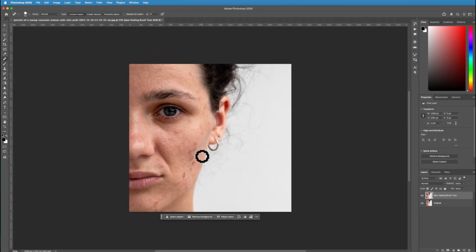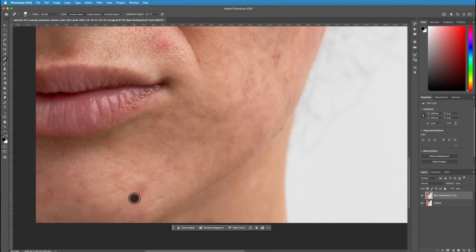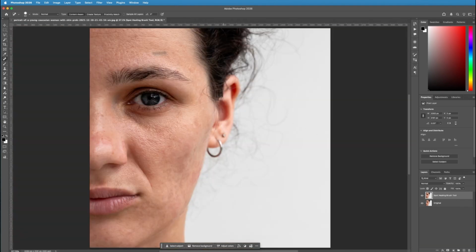you need to remove. You may need to zoom in to do this, so I'm just going to zoom in right here and I'm going to start going around my image and just clicking on the areas that need to be fixed. Once you've finished going around your image with the brush tool, you can come over to your layers